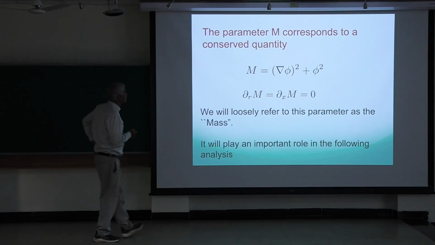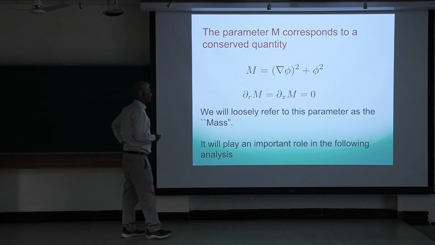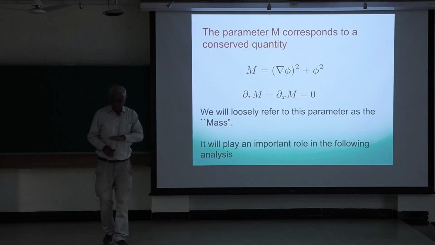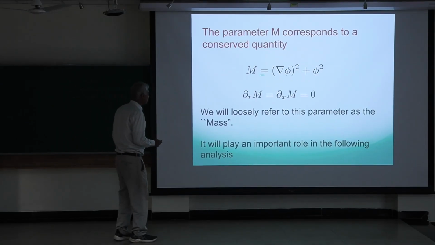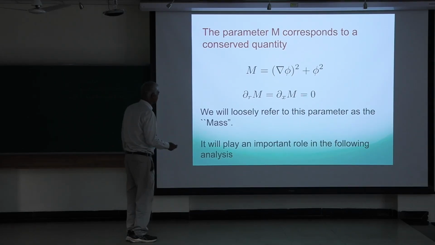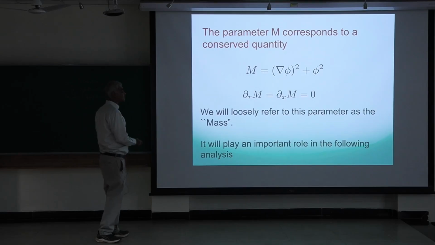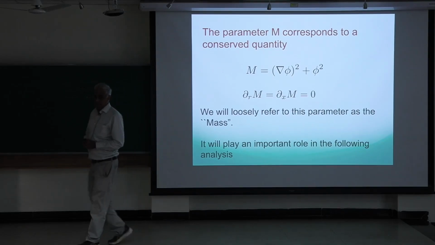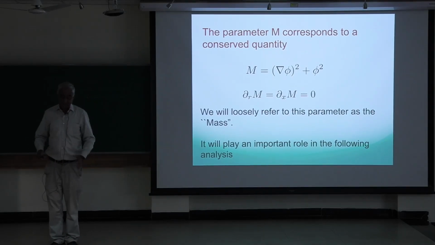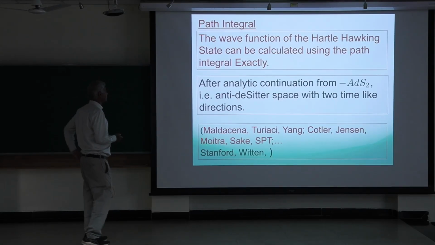Now an important thing is there's a conserved quantity here. This will be rather important. I'm calling it M. I might even call it the mass. That's a misnomer because, of course, we are working with closed spatial geometries. There's no ADM mass that would vanish. It's just a mnemonic, and you can check in the classical solutions that both with respect to r, which is actually a time coordinate, and x, the spatial direction, M is a constant. And there will be an analogous operator in the quantum theory which will commute, when acting on physical states, with the Hamiltonian, and that will be an important quantity for us.